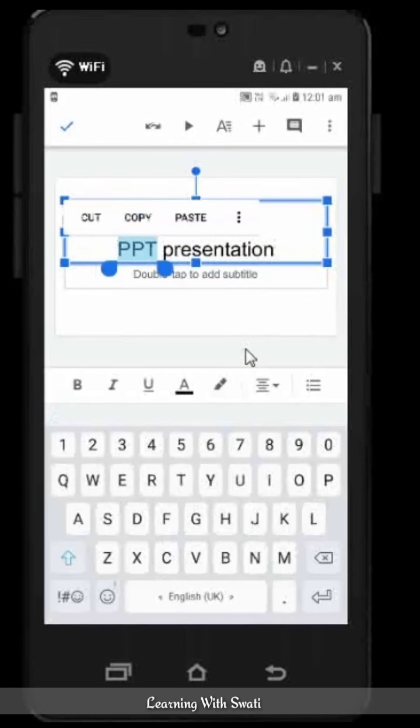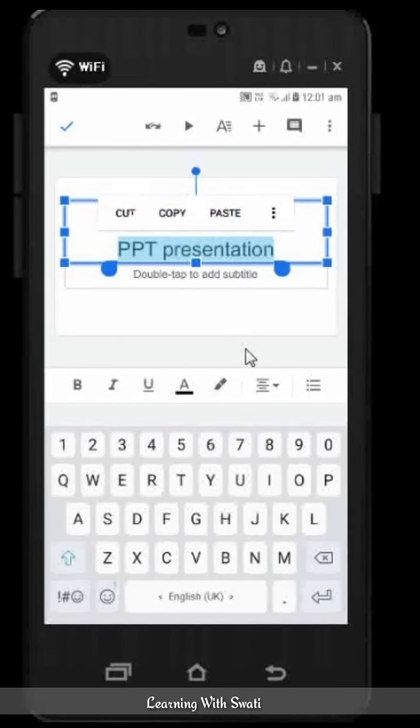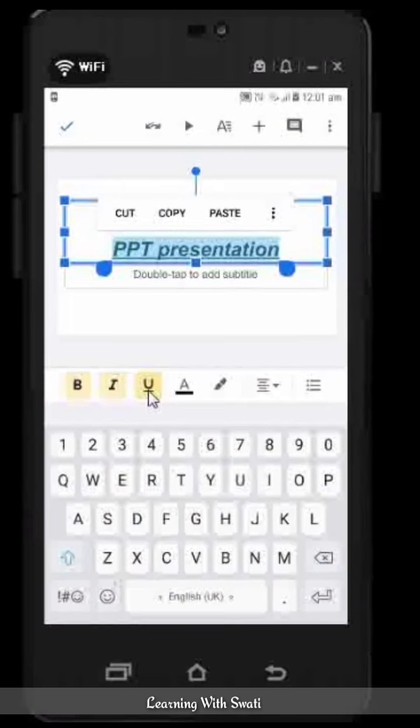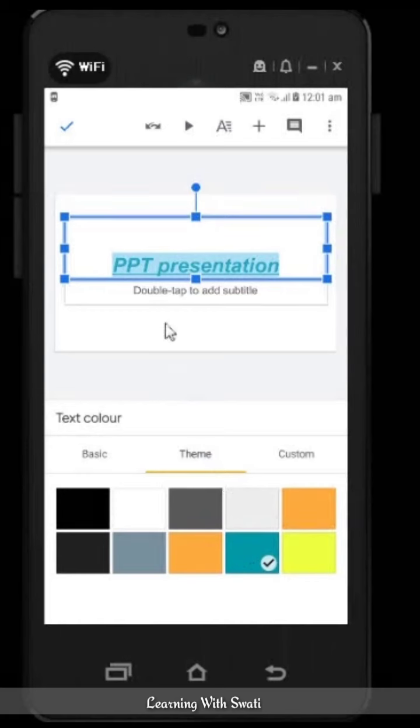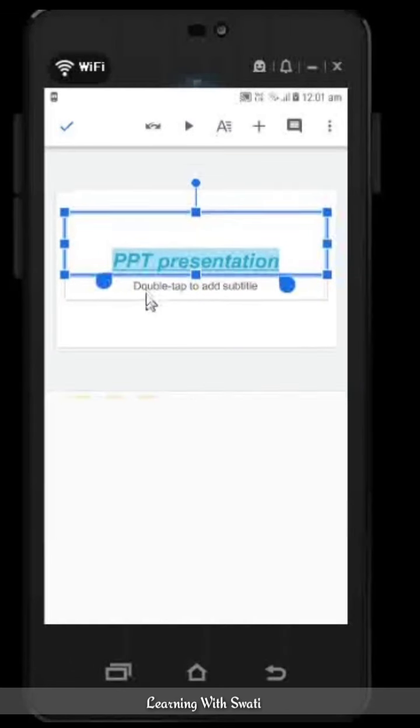So you can make this text, or you can give different effects to this text. You can make it bold, you can make it italic, you can make it underlined, or you can choose different colors for this text.